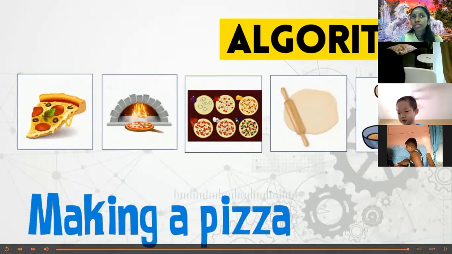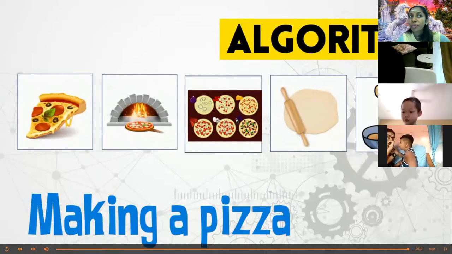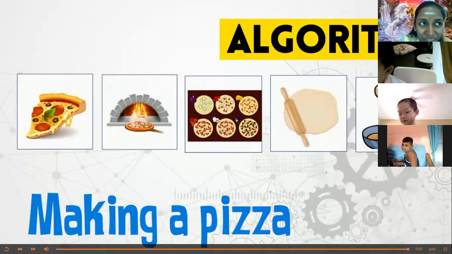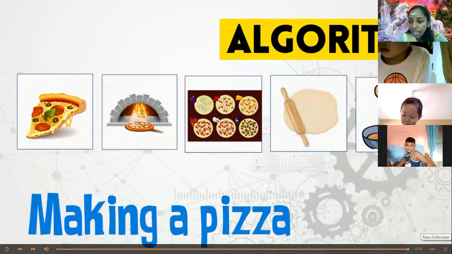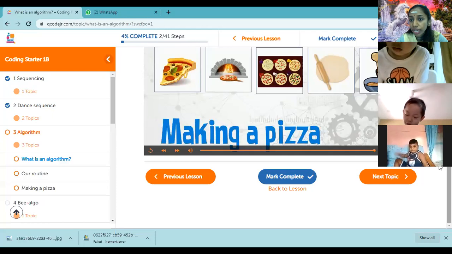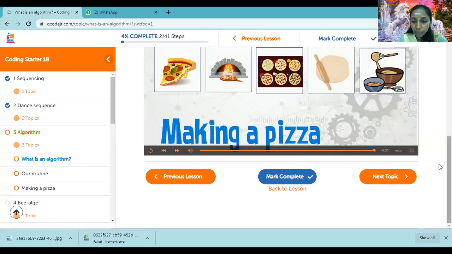Okay, so we have brushing teeth and also making pizza. Making pizza, which we said we call an algorithm, right? So now let's look at the activity that we are going to follow here. We are going to do this activity together. We have 2 activities, children. One is brushing teeth, just like what we have done, and one more is